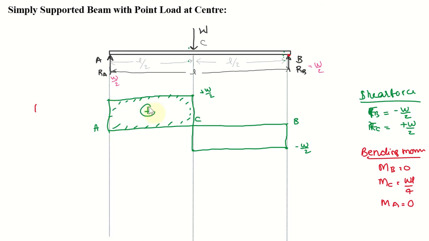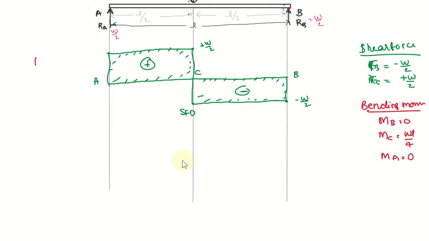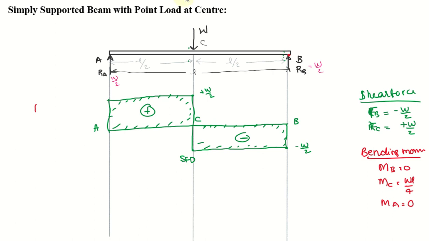This is positive, this is negative shear force. This is the shear force diagram. So let us try to draw a bending moment diagram now. So we have here the reference line